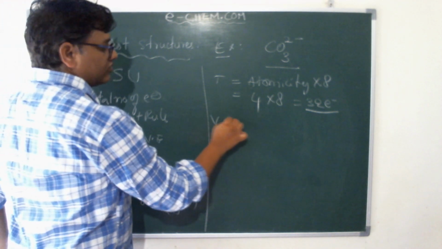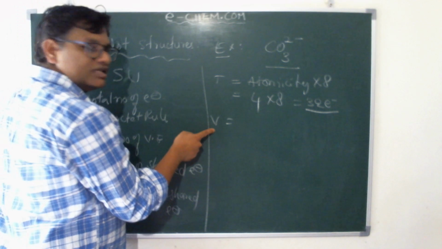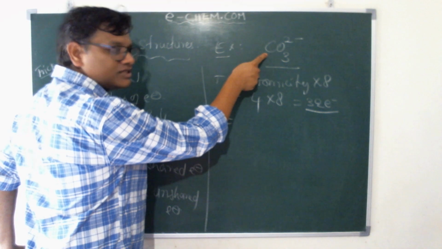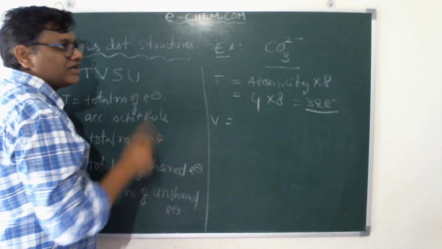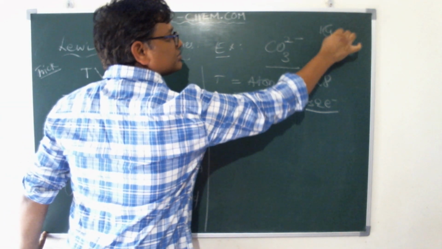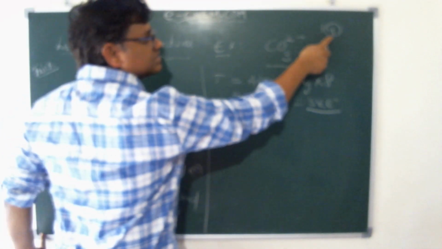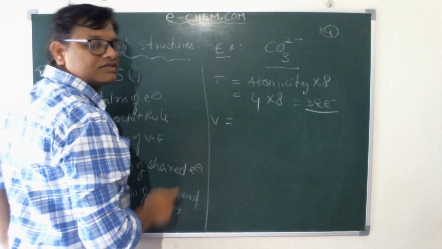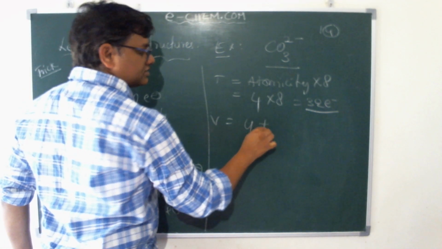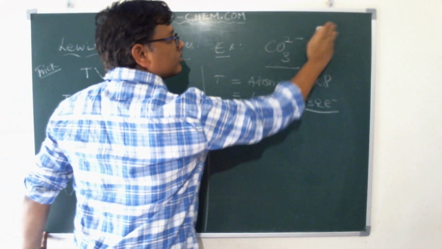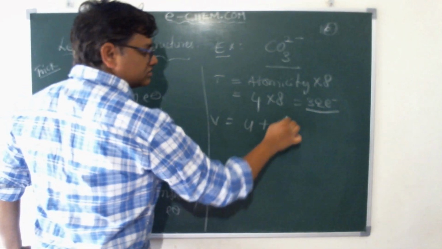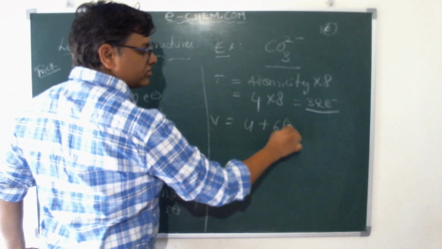Next, valence electrons, how many? To count the valence electrons, you should know the group number of the corresponding atom of the element. Carbon belongs to 14th group, and that also gives a trick here. If you know the group number of any element, especially for p block elements, the last digit has to be taken as the number of valence electrons. What is the last digit of the 14th group of carbon? Yes, 4. So 4 plus oxygen belongs to 16th group. Last digit is 6. So 6 into total number of oxygens, 3. You have to multiply with 3.